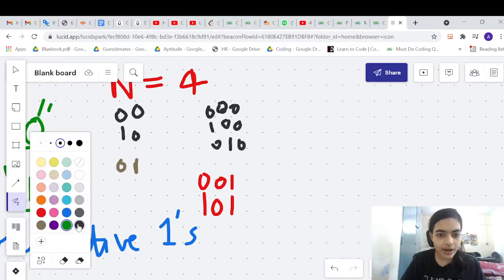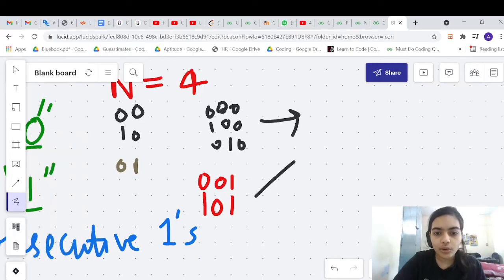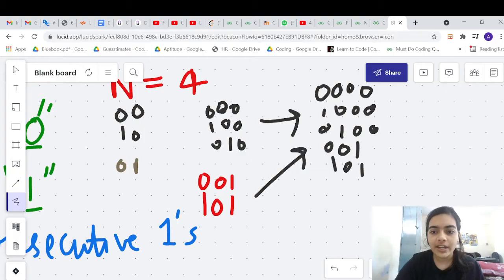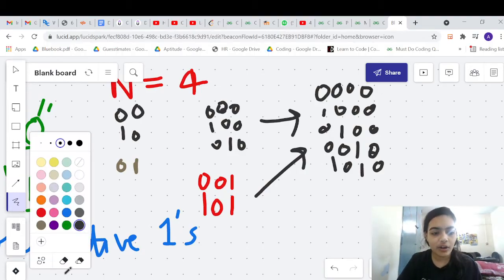So if you are going to attach 0 at the end, you can take both the strings, right? There is no problem at all. So I will take all these strings: 1 0, 0 0, 0 1, 0 0, 0 1, 1 0, 1 0 1. I am just writing all these strings and attaching 0 at the end to all of them. No problem at all. We are happy with all of them, right? Because they all have just 0 at the end and already they were not having any consecutive ones. So it is okay, right?